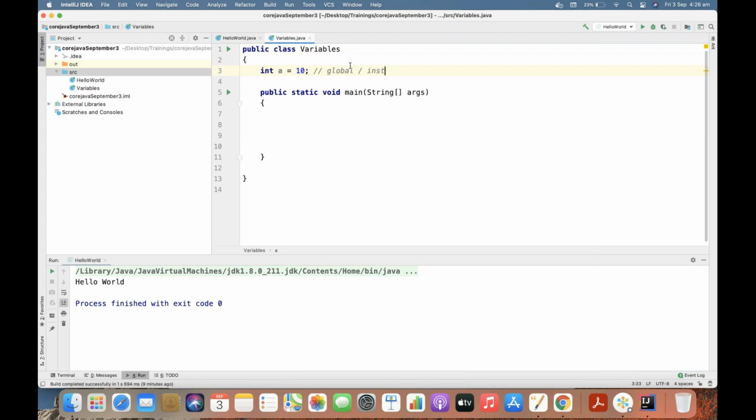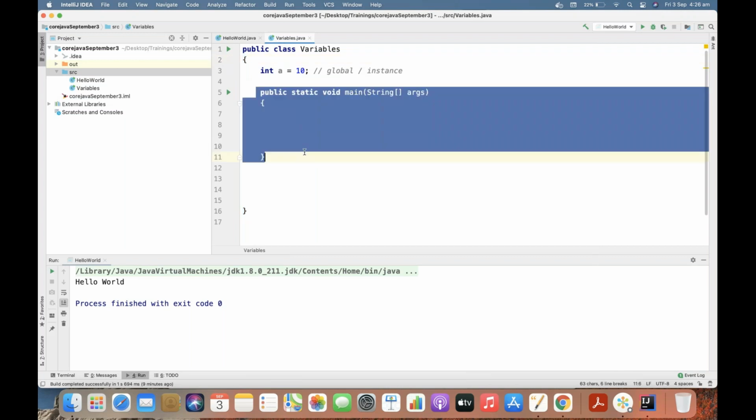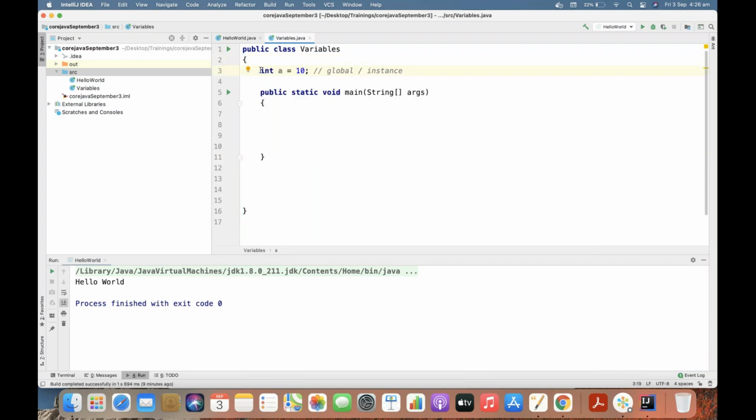You can call it a global variable, or you can call it an instance variable. Even though you have many methods here, any variable you declare inside the scope of the class, outside the scope of the method, is your global variable.